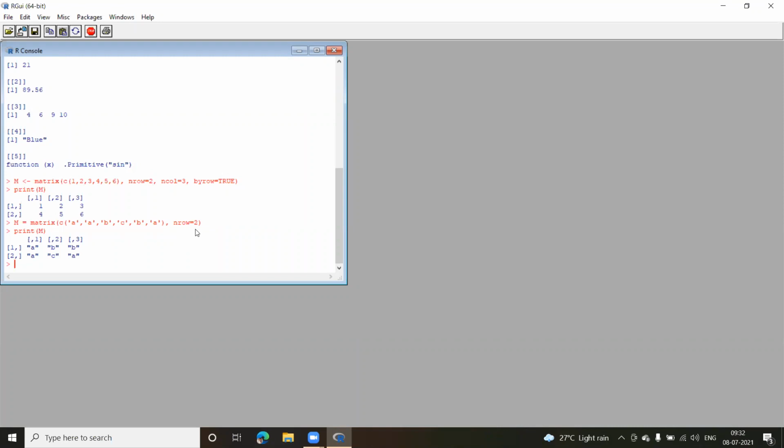So matrix is the best solution. But if I have to go for a 3-dimension, values which I have to store, in that case, I will prefer using an array. Okay, so let us create an array here, which will be of say 3x3. You can say 3 rows and 3 columns, and like this, there'll be 2 matrices.